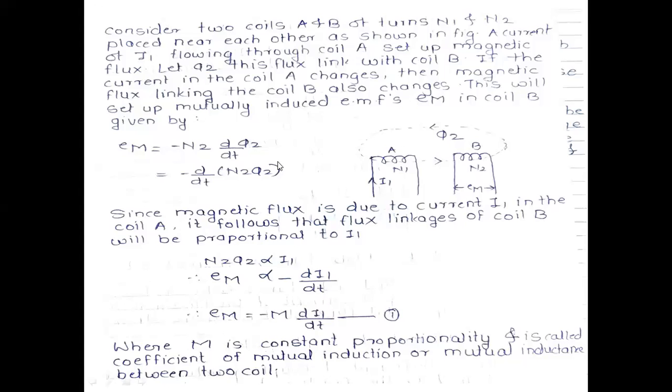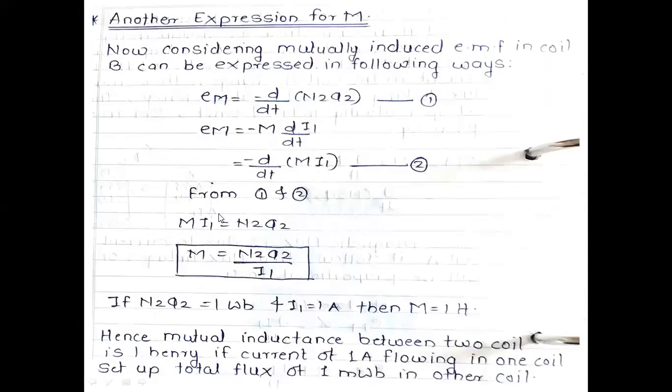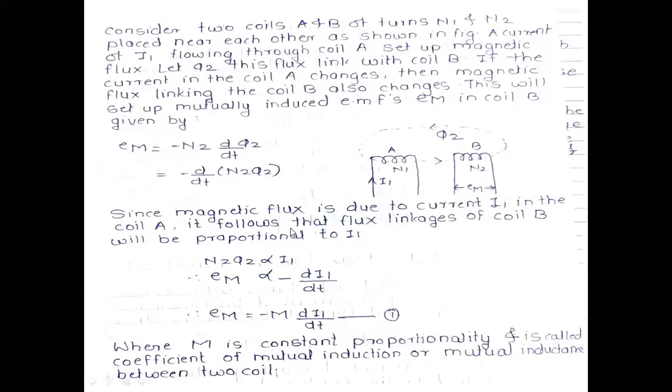Just a minute. You just write the equation, and after that write this next line also. Since the magnetic flux, write it as EM, write the equation and put it in a box. Take this one as equation number 1 and this one as equation number 2. Write up to the end of the slide.